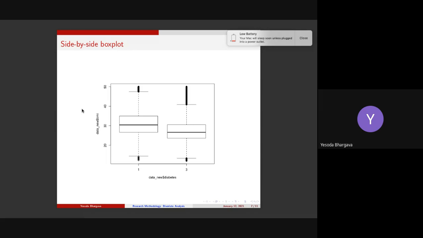So in the case of non-diabetic, for a lower level of BMI, 50% of people have less BMI as compared to the diabetic. So you see from the maximum, from the median, and also from this range. If you look at the width of this box, it has a higher width as compared to this. Can you see? Yes, ma'am.